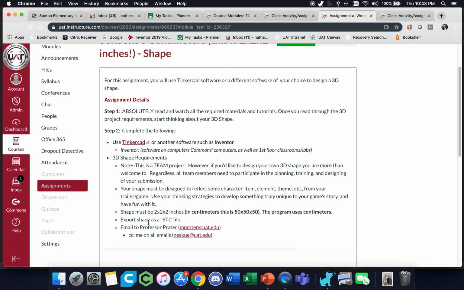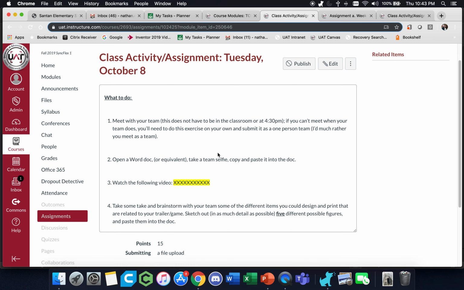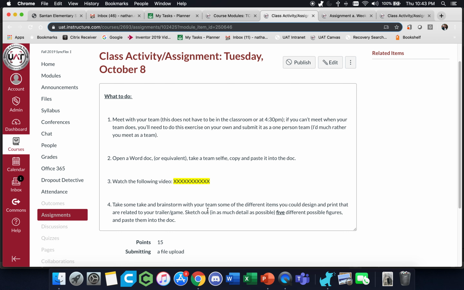You're going to export the shape as an STL file. You'll learn about that depending on whether you do Inventor or Tinkercad. And then you're going to email that file to Professor Prater, and then you're going to CC me on the email so I can see that you've done that. And so in terms of what you're going to design, that's the assignment that is due at the end of the module. What you're going to be doing today is, with that in mind, you're going to think about